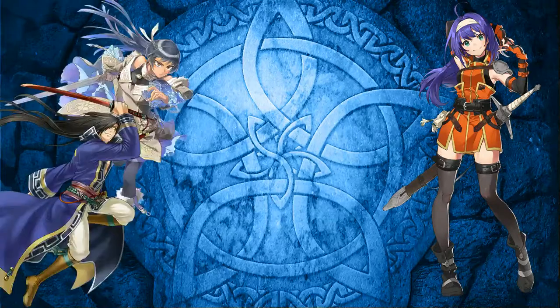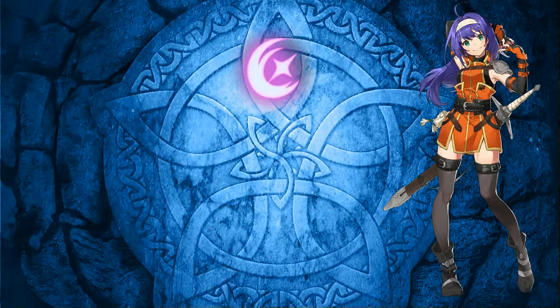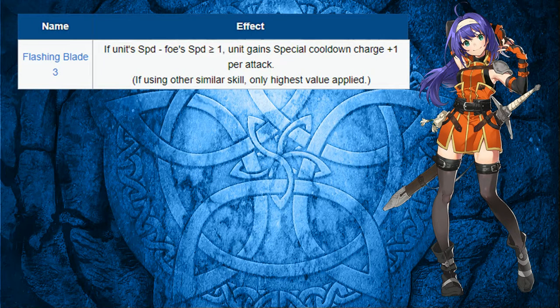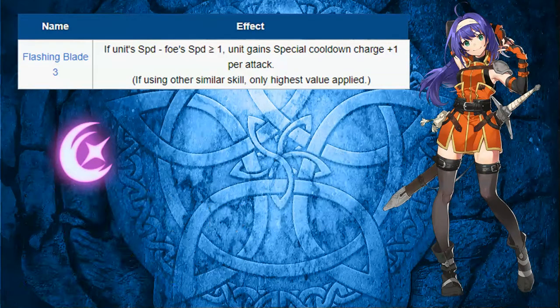Similar to other heroes of her class, Mia is based mostly around triggering her special to deal a big chunk of damage. In this kind of build, you usually want Moonbow, as it triggers quickly, but Mia's Flashing Blade allows her to use other specials without losing damage. Still, her defensive stats are not good enough to use Iceberg or Bonfire, so sticking to Luna is probably the